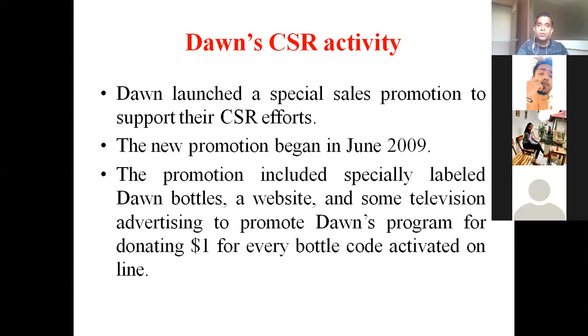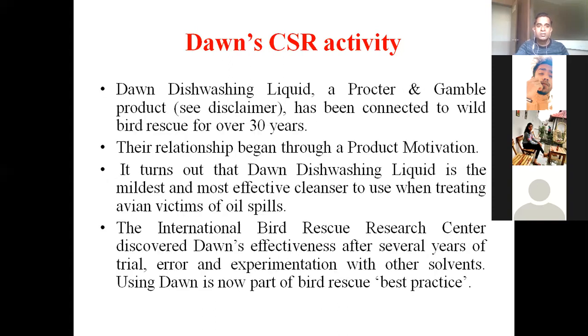The one who provides more information in a direct question will score more marks. So whatever information I have brought here, to describe or explain Dawn's CSR activity, is all from the caselet itself. But please do not write it as it is, or do not write the whole case in such questions. I have to warn you already, you will get a 0. See only that part of the caselet which is required to be answered for this question. Only that much you have to answer.